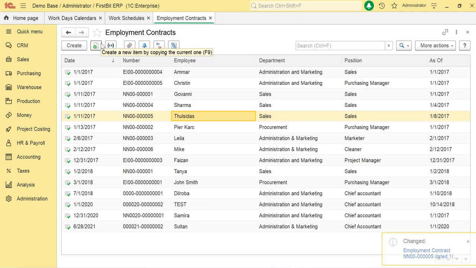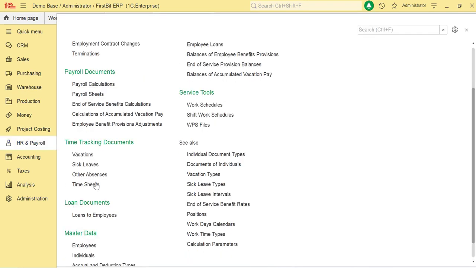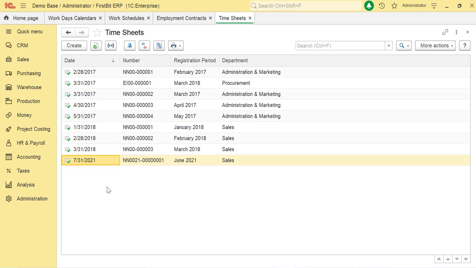Once the schedule is added, creation of timesheet should be done. For more detailed understanding of timesheet recording, kindly refer to the video how to work with the timesheet. A timesheet is used to record the work time of the employee. I shall show you an existing created document. Go to HR and Payroll module, open timesheet from the time tracking document, open an existing timesheet,